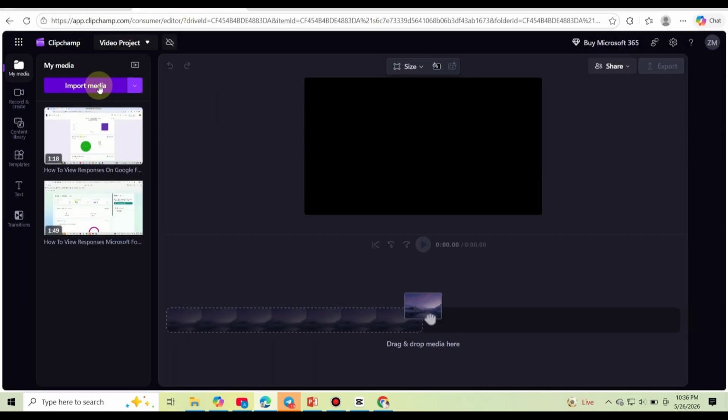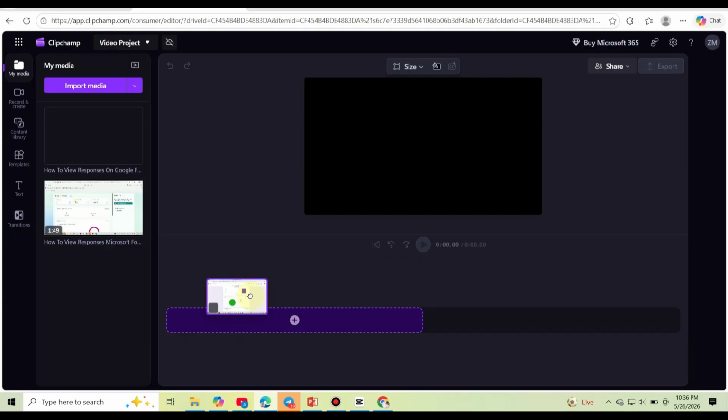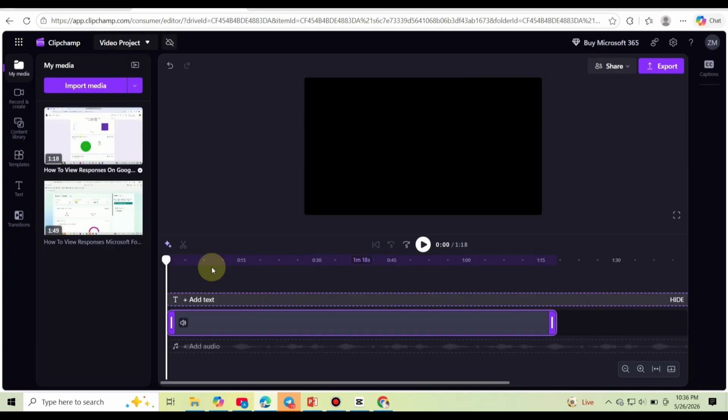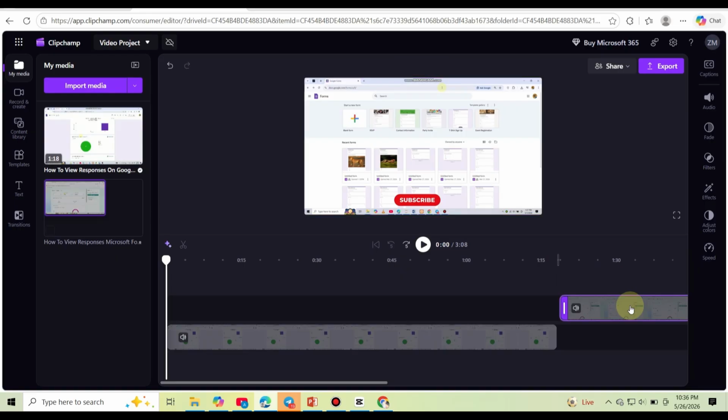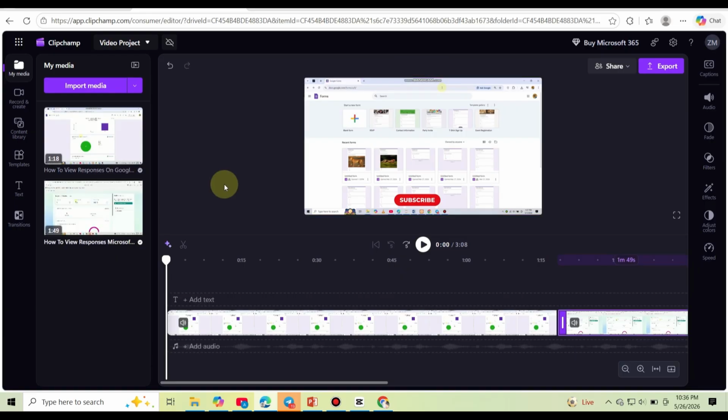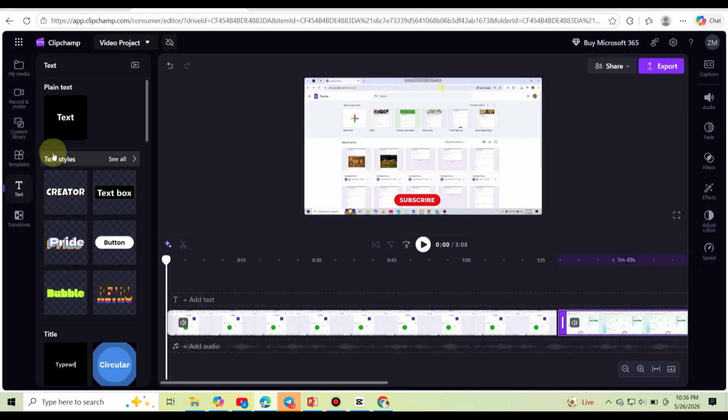To add media files, click the Import Media button on the left side and upload your videos, images, or audio files. Next, drag your files down to the timeline at the bottom of the screen. To add text, click the Text tab on the left side and choose a text style, then drag it onto